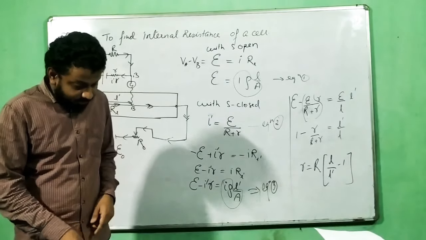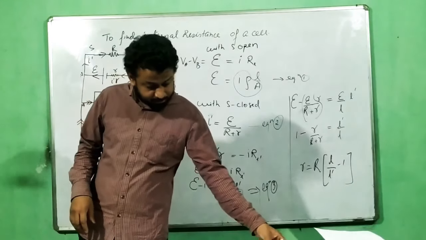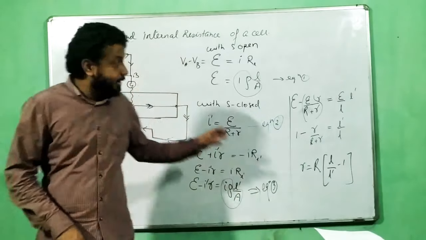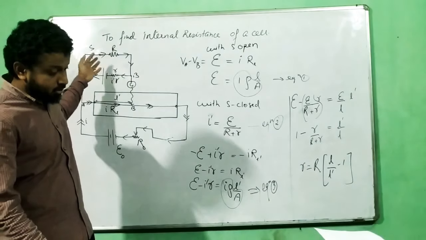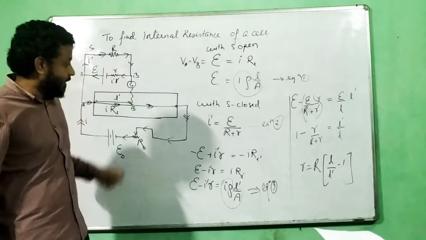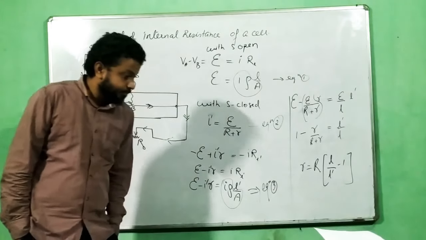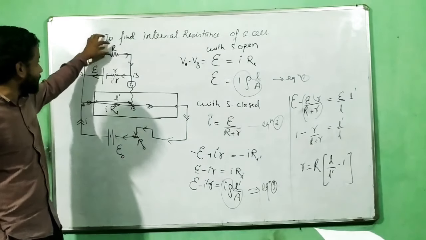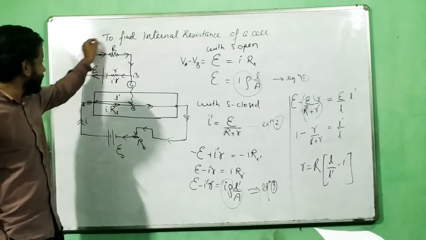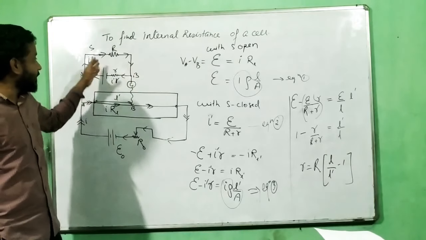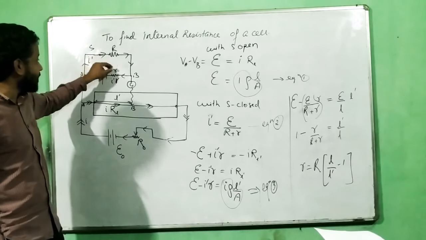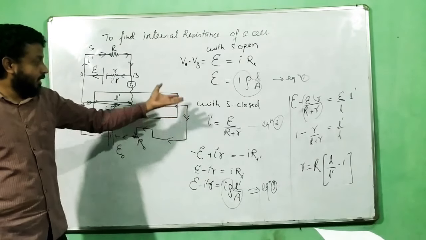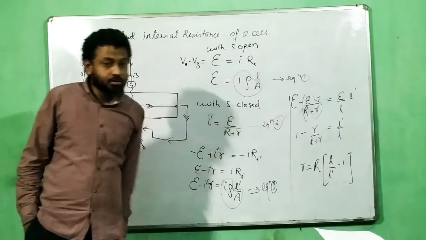In the next video I will discuss how to solve numericals. You just make a note of this, and this is the circuit diagram which we draw to find the internal resistance. And this R is not the resistance of the rheostat. Let me again say, this R is the resistance which we put across the EMF, so that a current flows in the circuit and we get some potential drop here, so that it appears in the equation, and so that using maths we can get that value over there.